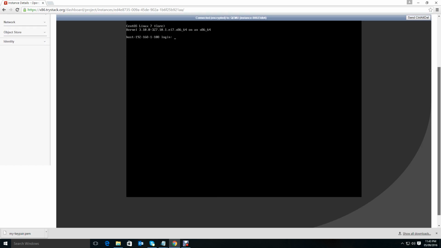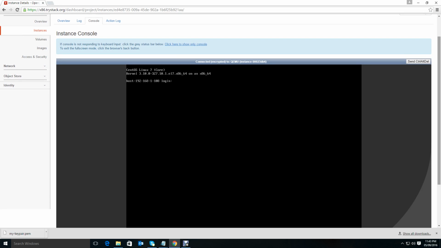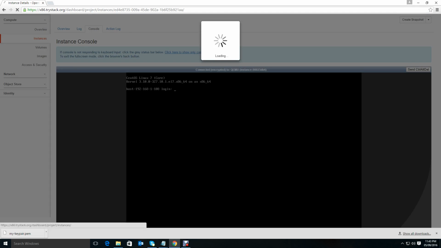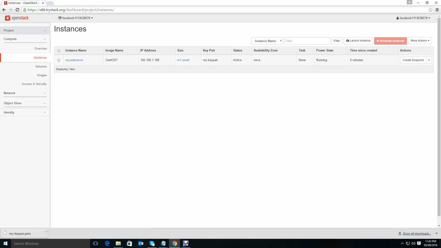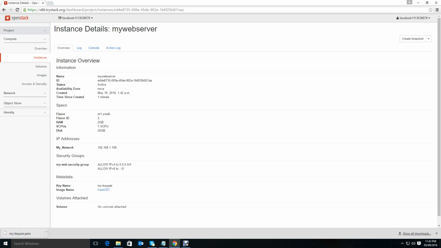The CentOS cloud image has the username CentOS, but the password is not set. So there is no way I can access this instance using a password. What I have to do is access it using my key pair which I have assigned. You see, the key pair assigned, see the overview, the key name is my key pair. And now to access this VM, I have to